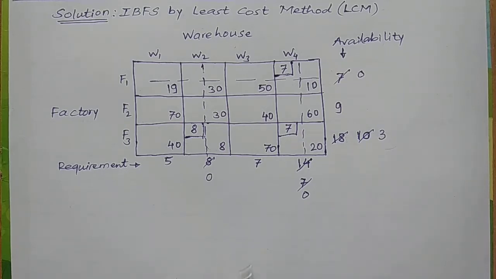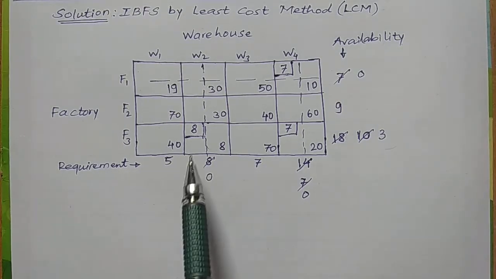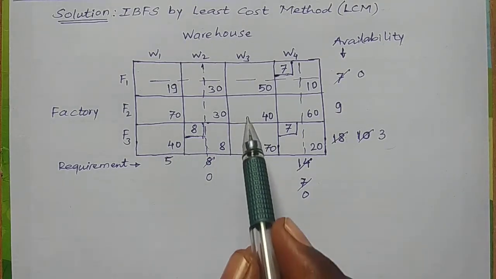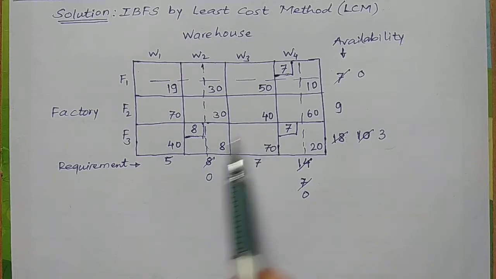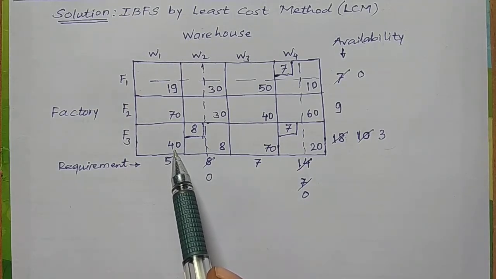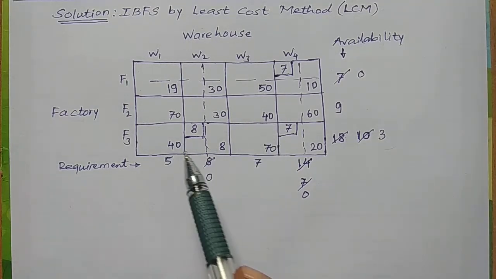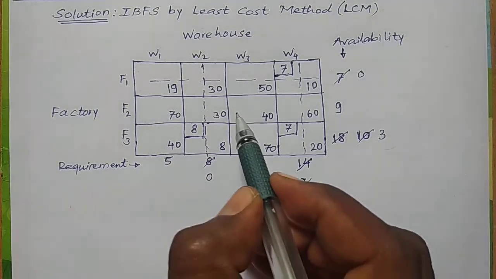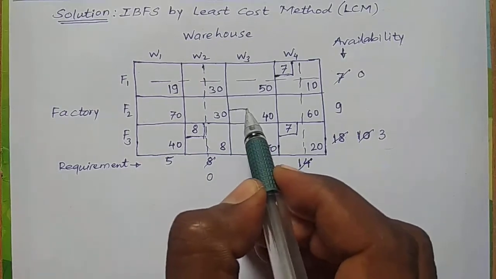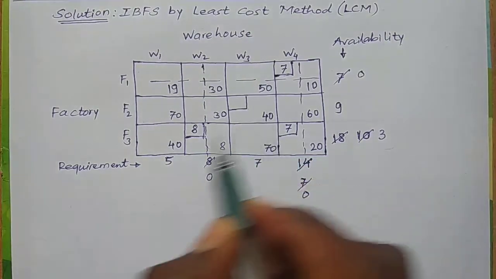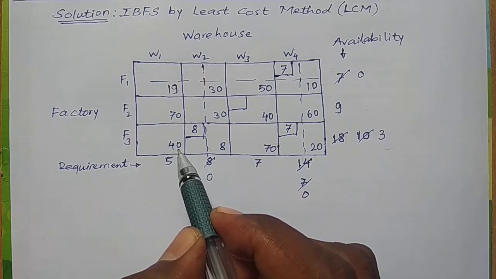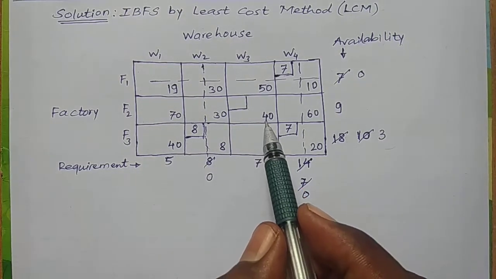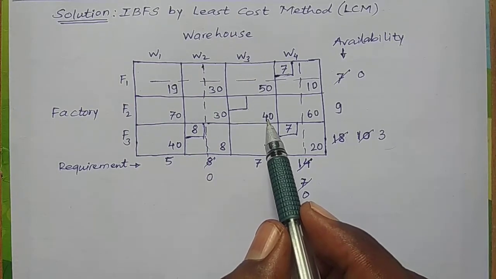Now let us check again where is the minimum cost in the remaining cells. If you observe, there is a tie. Here is 40, and here is also 40 as the minimum cost. You can select any one randomly. So I select this one. I am taking a random decision because at two places there is the same minimum cost. So whenever there is a tie, make the decision for allocation arbitrarily or randomly.